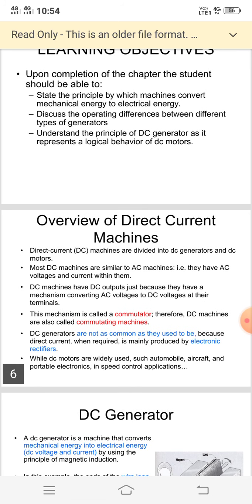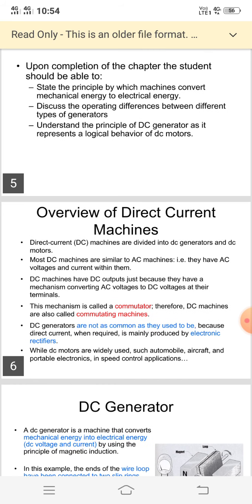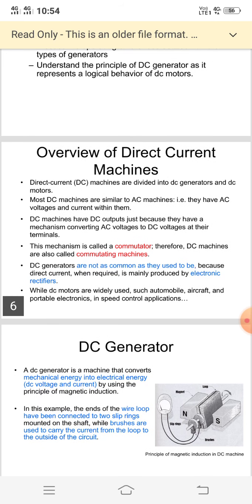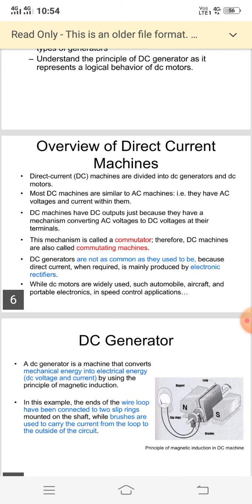In this DC machine, there are two different categories construction-wise. One is stator, another one is rotor. Stator always stays stable. Rotor is a rotating portion. The stator receives the input from where it is given across that machine. After receiving this power supply, it will energize and give a proper supply to the rotor.